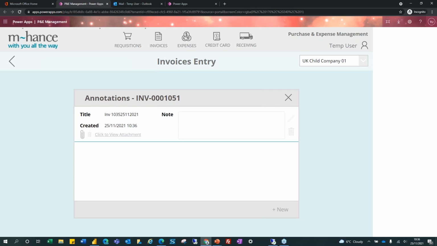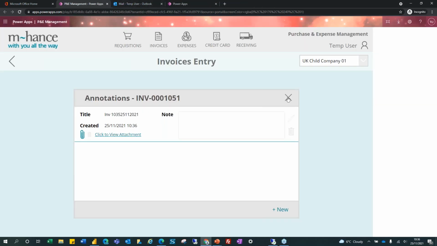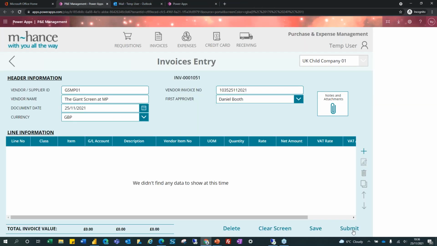So now within this approval process, I can attach a copy of the invoice. If I open that attachment, it does exactly the same as what it was doing before. You see the transaction, it's come up with a reference number that's all over the shop, but the invoice is attached. So if I submit that for approval,